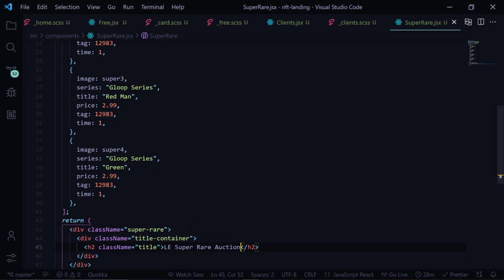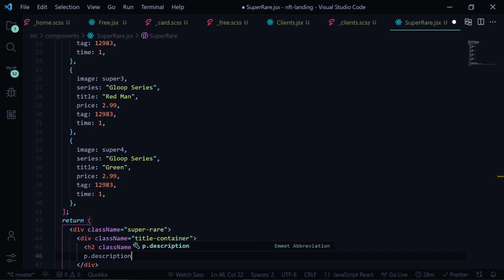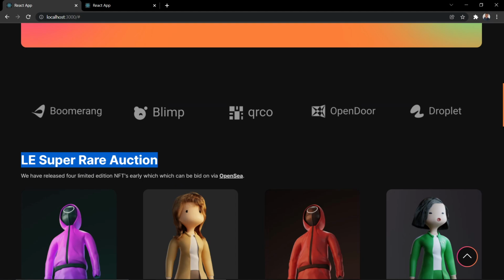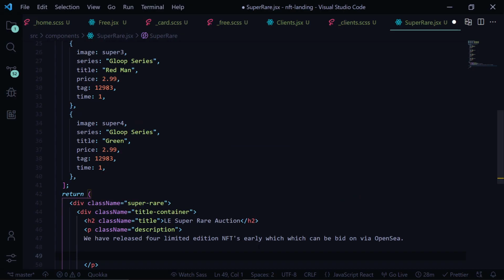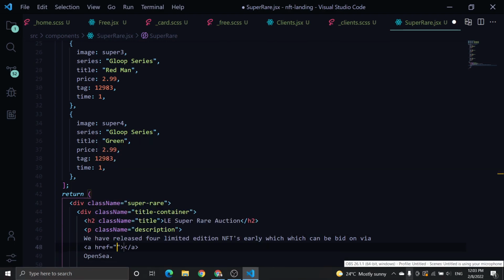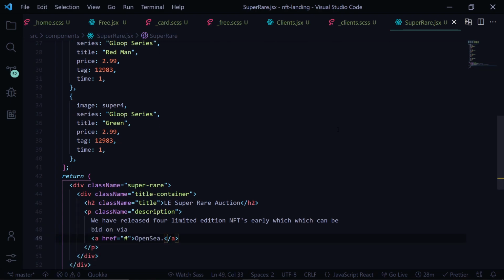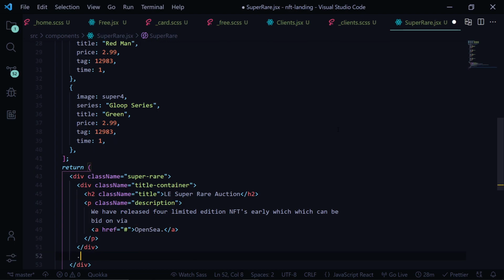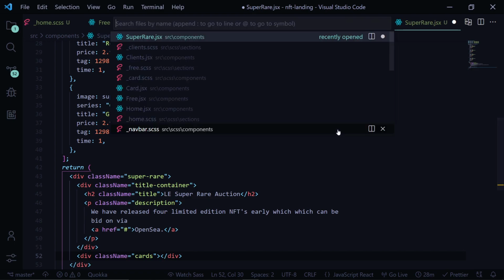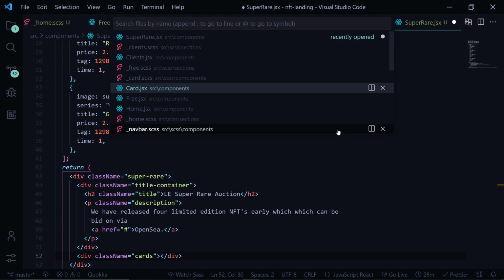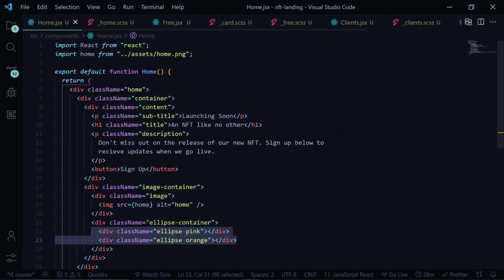Super rare. Now after this we have p with description. Inside this we are gonna copy this, paste it, and we'll wrap this OpenC in an a tag. A and OpenC. Yeah, that's it. So description is done. After this div we have cards. So what I'll do is I'll go to free.jsx